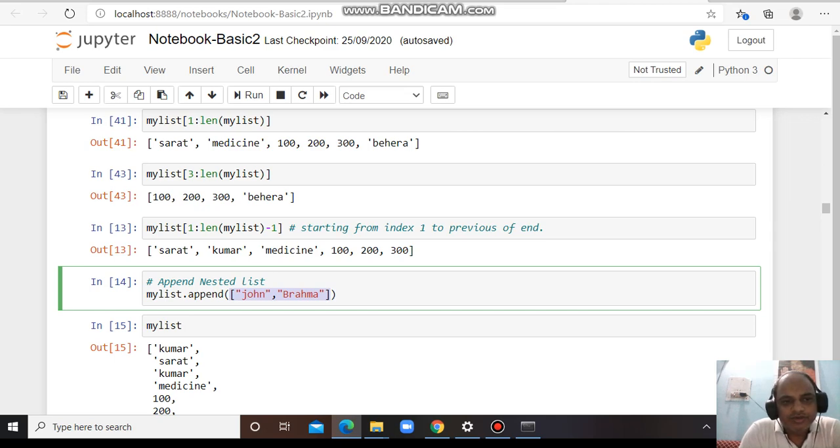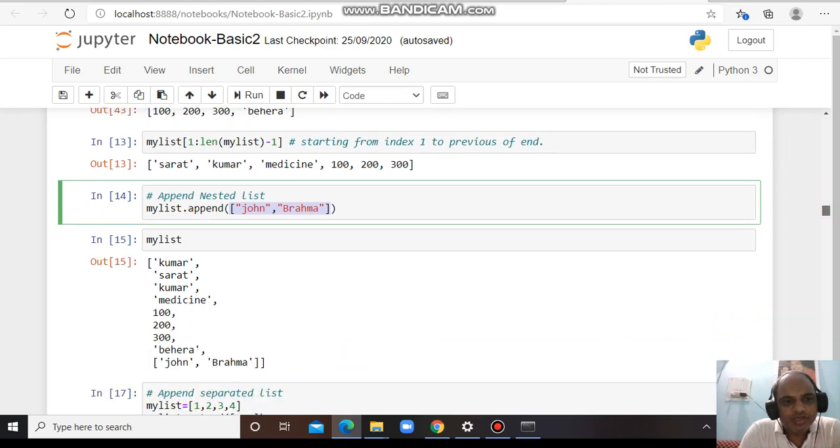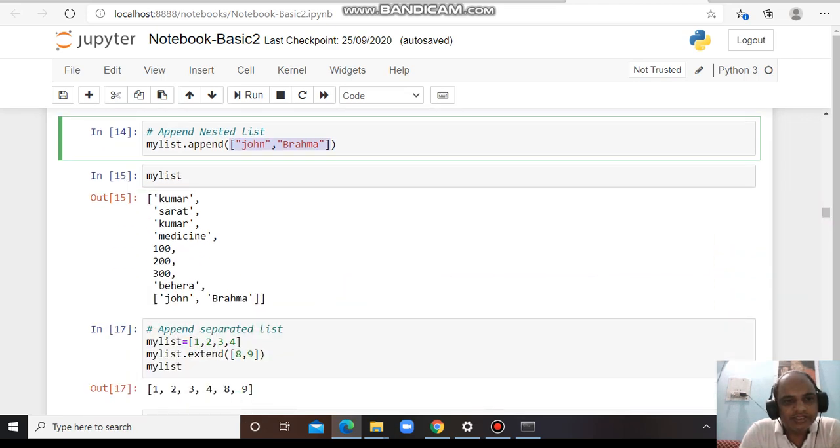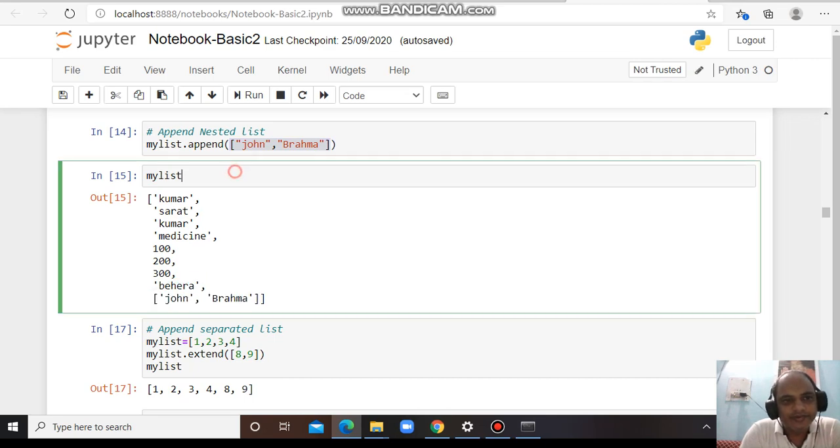So what will be the command? My list dot append, and in the parentheses we put this list, because it is inside square brackets. In this way we can append, and it is shown here as a nested list. My list is converted into a nested list.